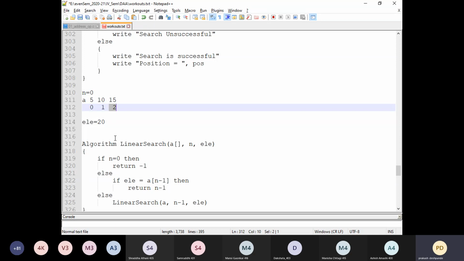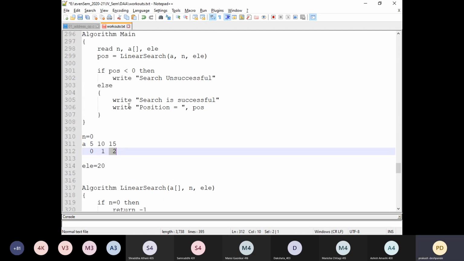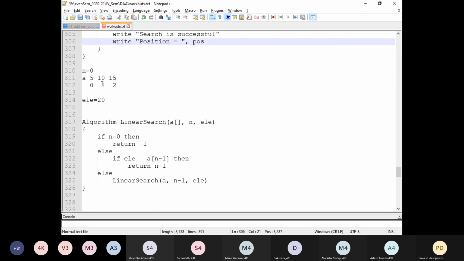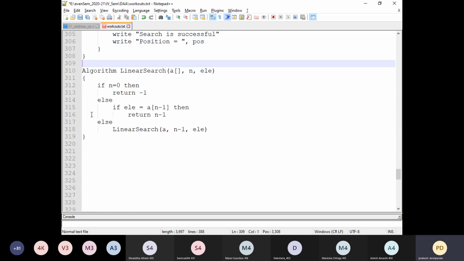If the search is successful, definitely this algorithm is going to return a positive number, that is 0, 1, or 2. That number will be returned here by the linear search as the position. Then we will go into this particular else block and it will display search is successful and the particular position equal to that index value we will display. Is it understood, students?